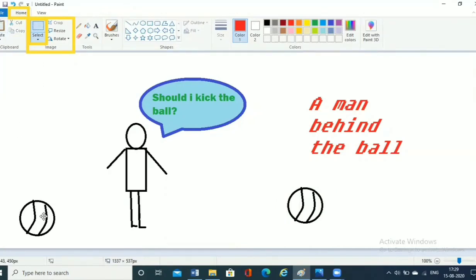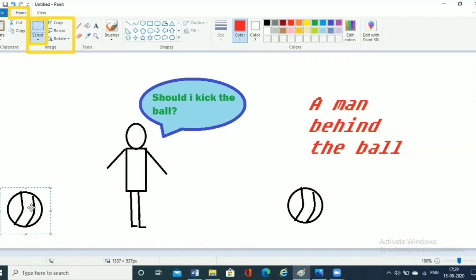Once I click on paste, the similar ball will be created. A duplicate ball is created of this image, and now you can paste it anywhere you wish. This is known as selecting a ball using a rectangular selection.